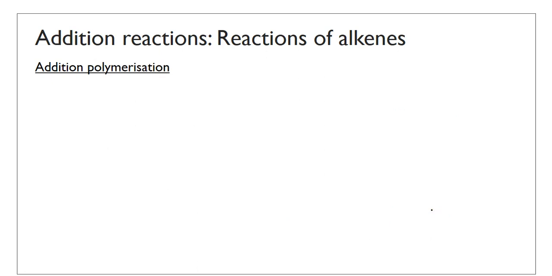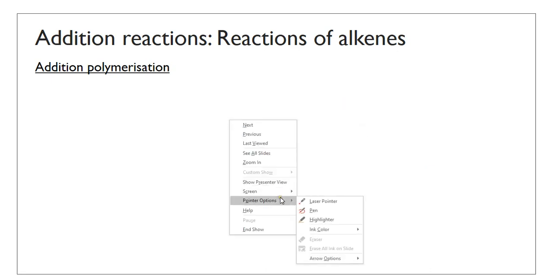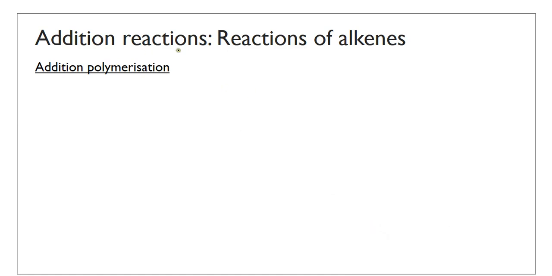Last but not least, I don't even think this is the focus of year 12 anymore. We talked about this last year. People were very bad at it, but this is addition polymerization. A lot of the time self-addition polymerization, but it doesn't have to be that case. And essentially it is when multiple alkene molecules can be added to each other to form a polymer, an addition polymer. So let's say, for example, I have ethene,